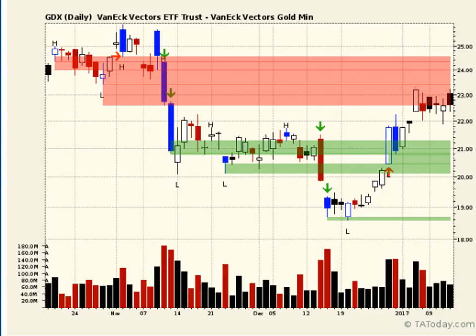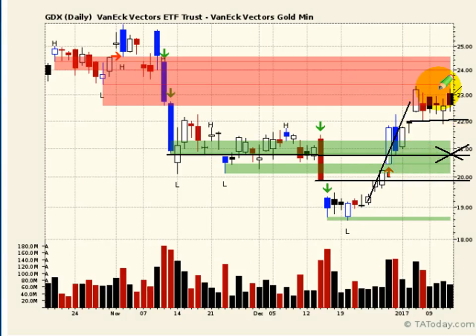If you played that IWM today with a 3-to-1, then you would have made $1,500 instead of $5. If you play this GDX with the 3-to-1, using the dust, it's going to try to come back to here and potentially all the way down to here. And I know that if you're looking at classical stuff, it's going to tell you, oh, this is a flag, this thing's going to go higher. Here we go with patterns.